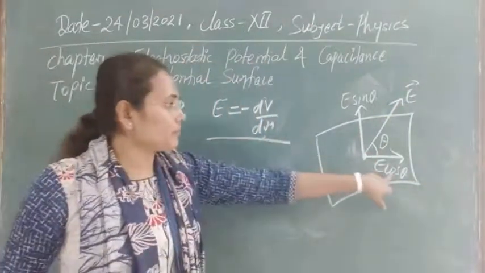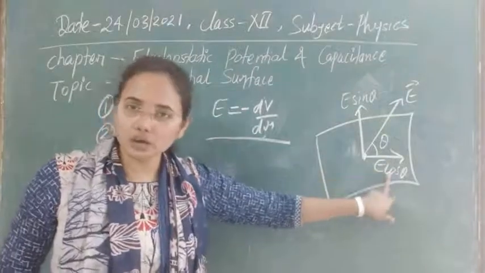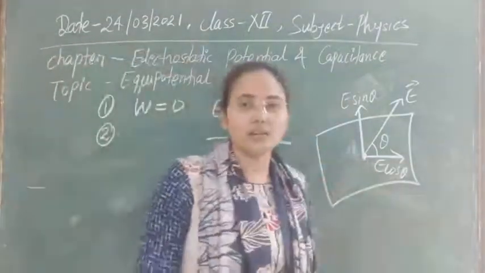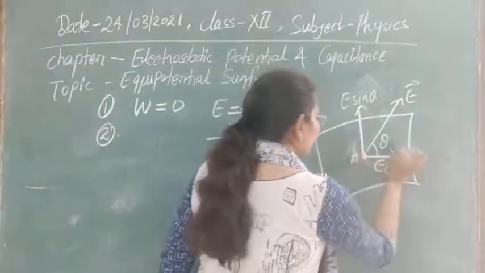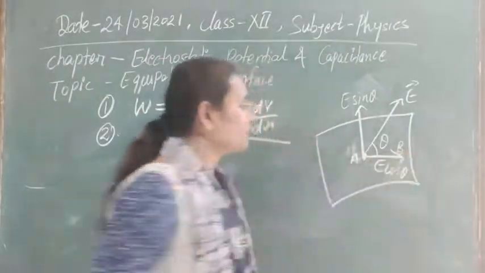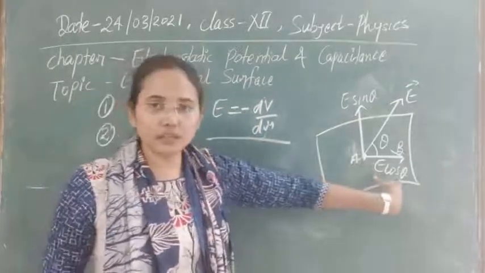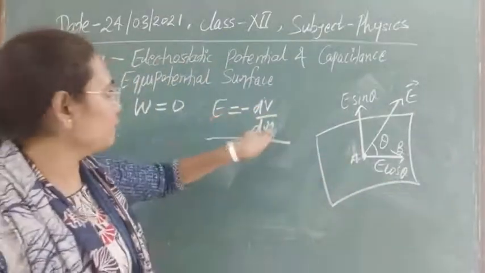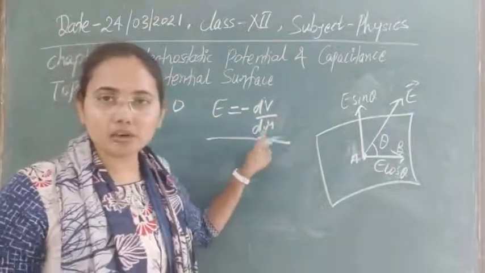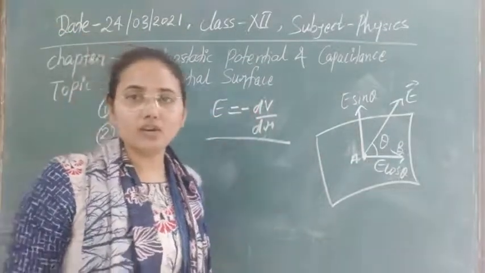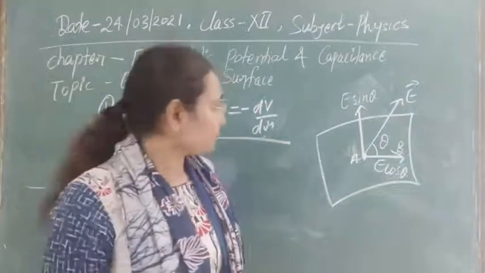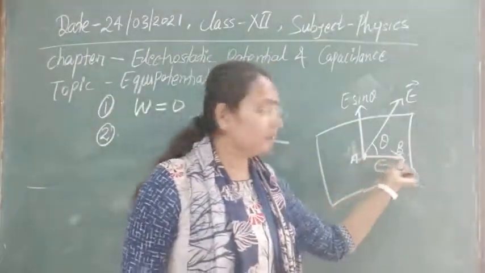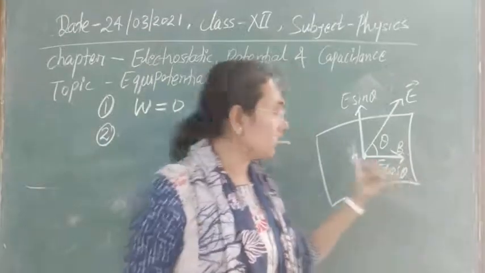Due to the presence of this extra component in this direction, whenever we move any charge from A to B, due to the presence of this field, some difference in potential will occur whenever we move it over some distance. From here you can see easily that some value of potential will occur here. So it means that the potential will now change at every point as it moves with distance.